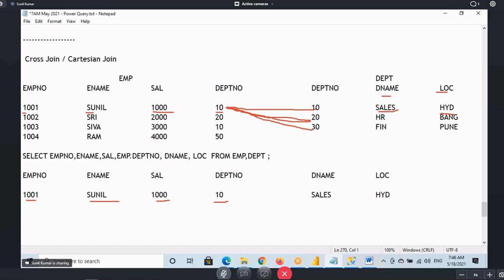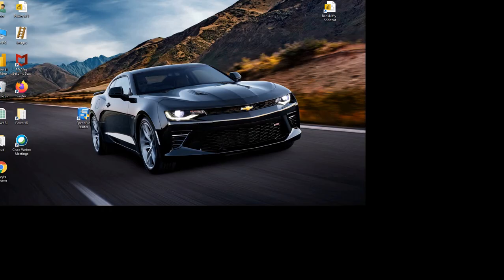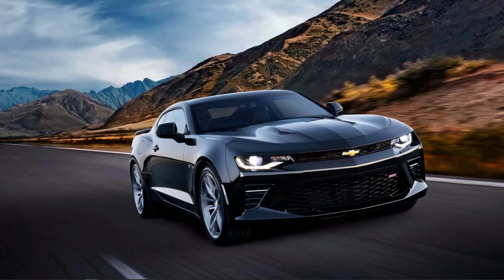So when the first row goes to the second row, what kind of output will you get, guys? You'll get the same values for the first row. For the second row, what is the DNAME you have? HR. What is the location you have? Bangalore. When the first row goes to the third row, you'll get the same values again here. And what will you have here? Finance and